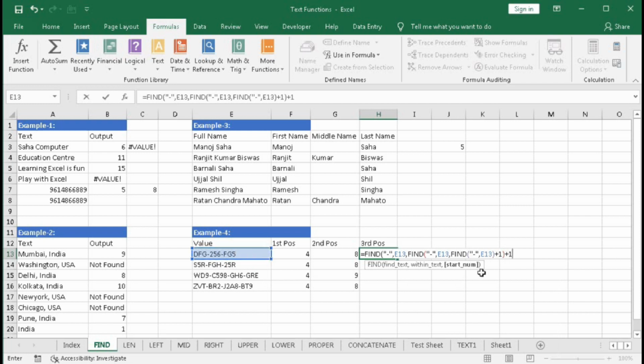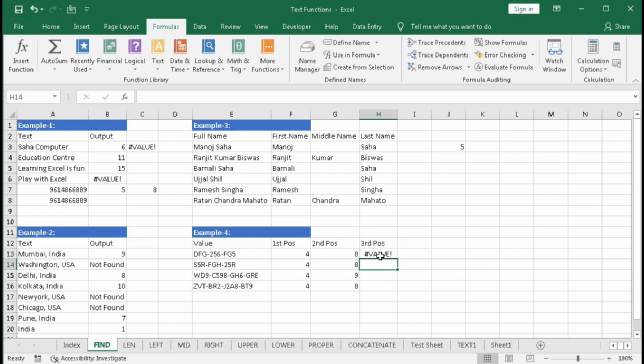So this plus 1 is for this FIND and this plus 1 for the second position. This is the first position, this is the second position plus 1. The second position is 8 plus 1, 9. It will check from the 9th position. So bracket close, enter. So it is giving error value.